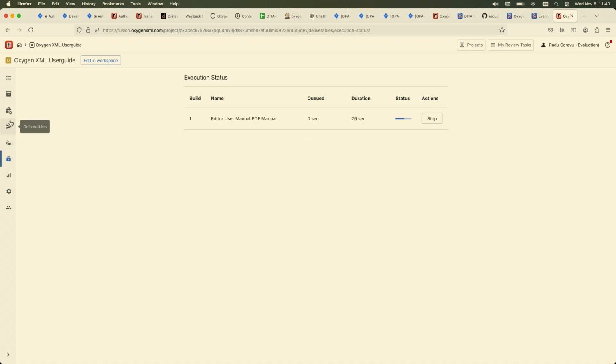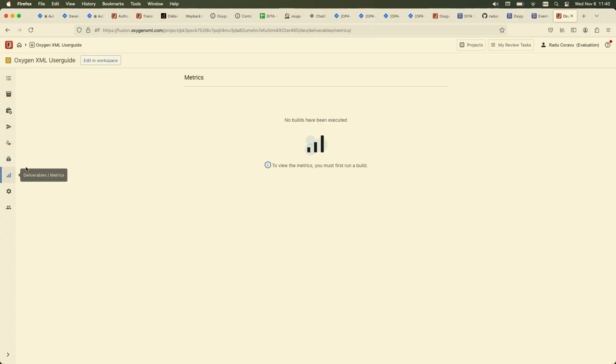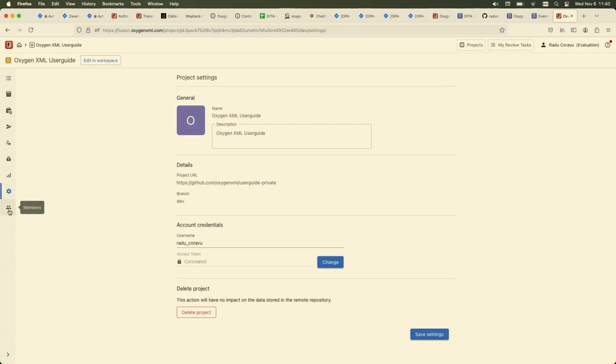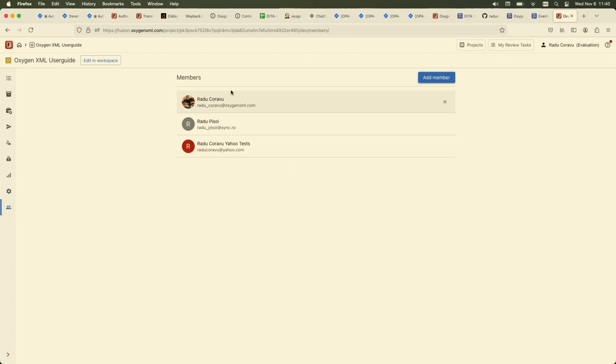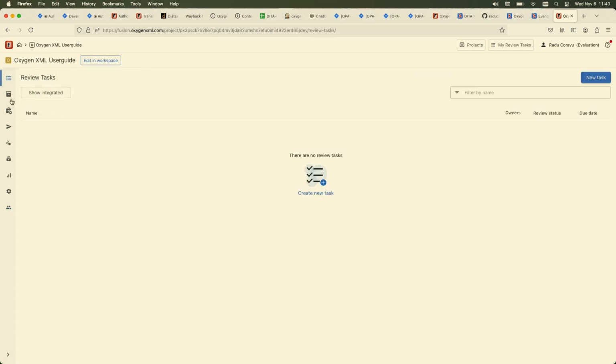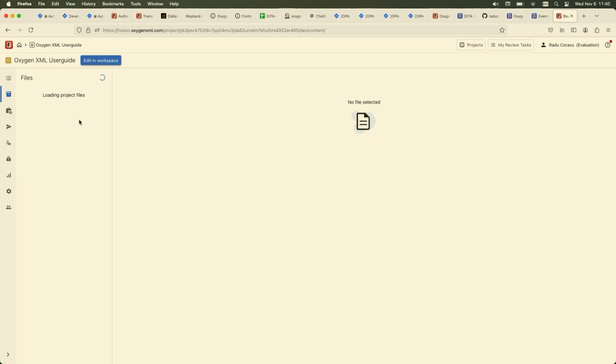So I have this capability to publish directly from a web browser if I connect Content Fusion to my Git project. What else do I have? I can view the metrics report for the entire system. I have settings. I can see the members which are in my project, and I can create review tasks based on my project. So I can take a topic,